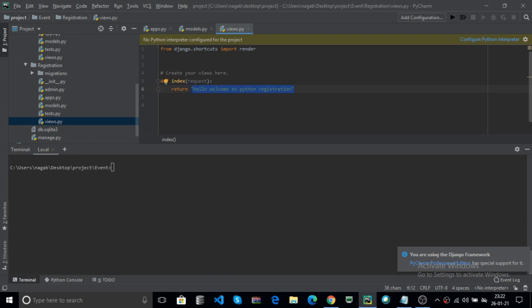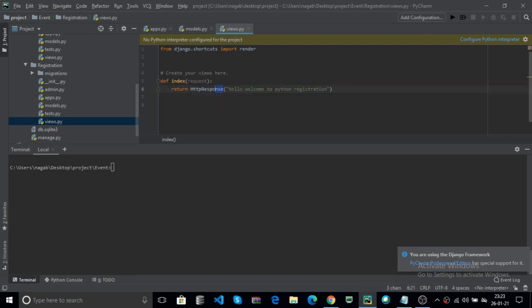Now I send the request to the server, like the Django server, from a web browser. How does the web browser send the response to you? This is a normal return. Now you can use HttpResponse. Here you can pass this syntax, HttpResponse, and pass your string.